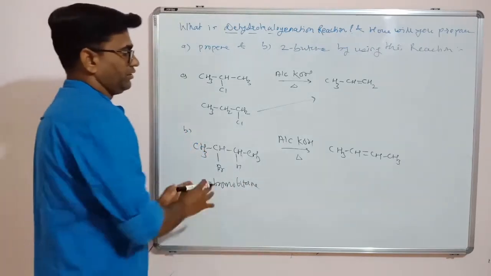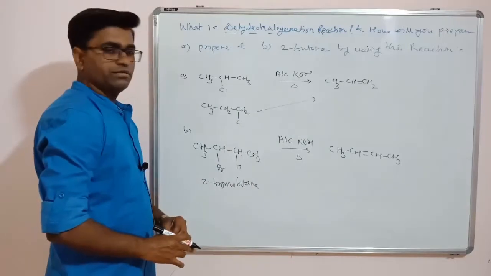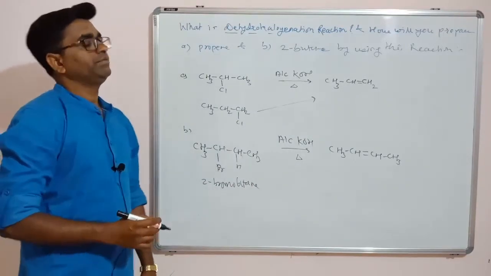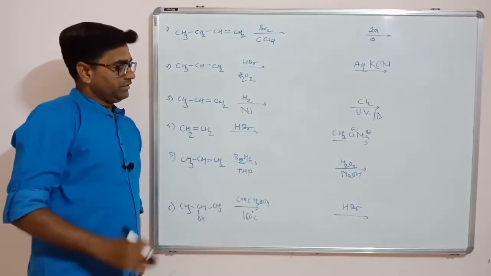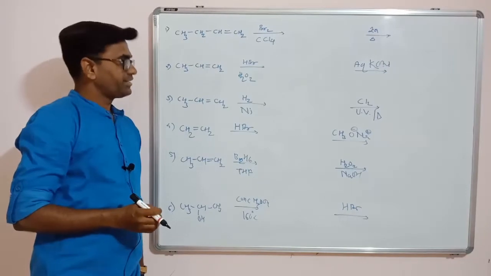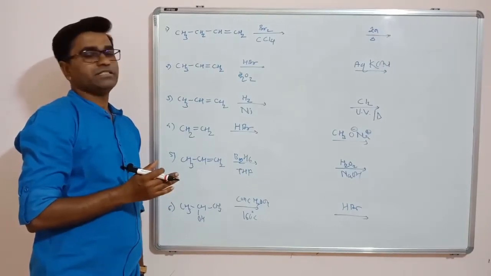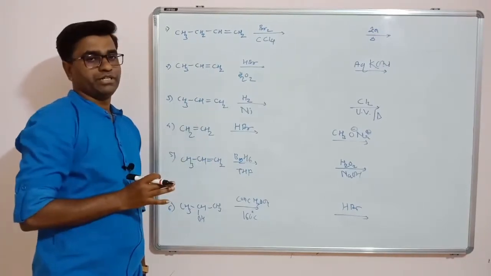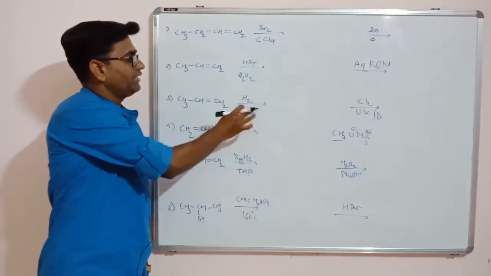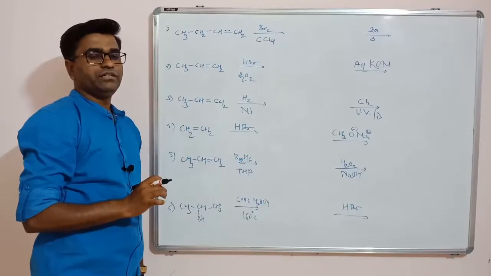So you will get butane as a product. Now I'll see the next example. Friends, in the last question of the question paper, they may ask reactions like this and say identify the products. You have to identify the products. So the starting material is given and the reagent is given. You have to identify the product.